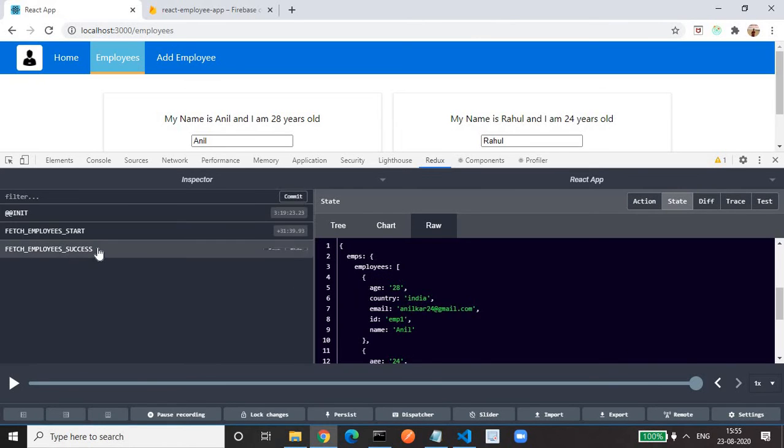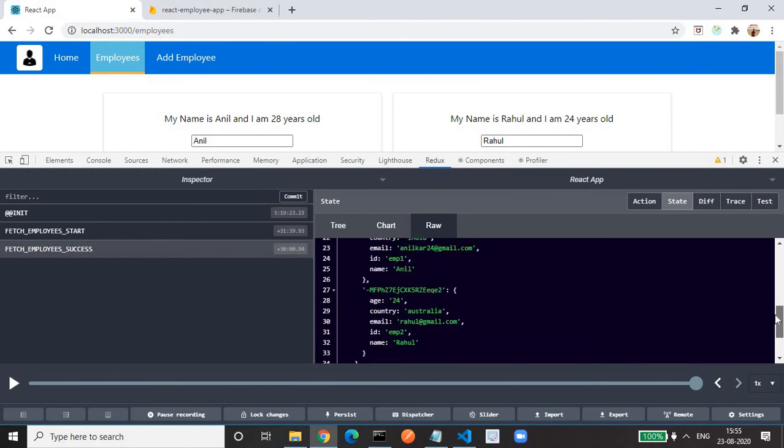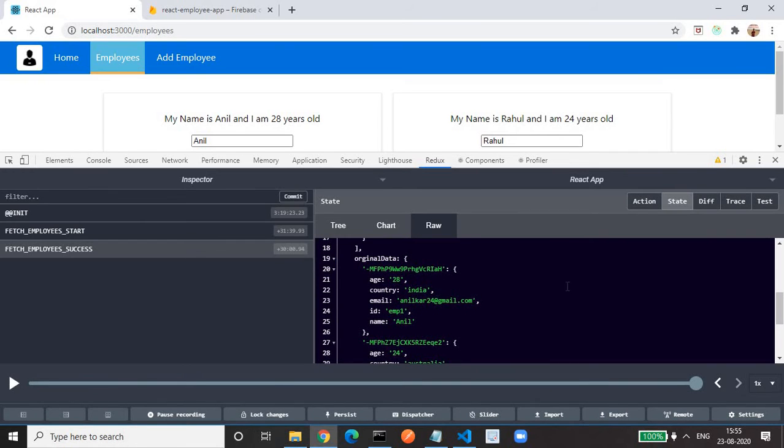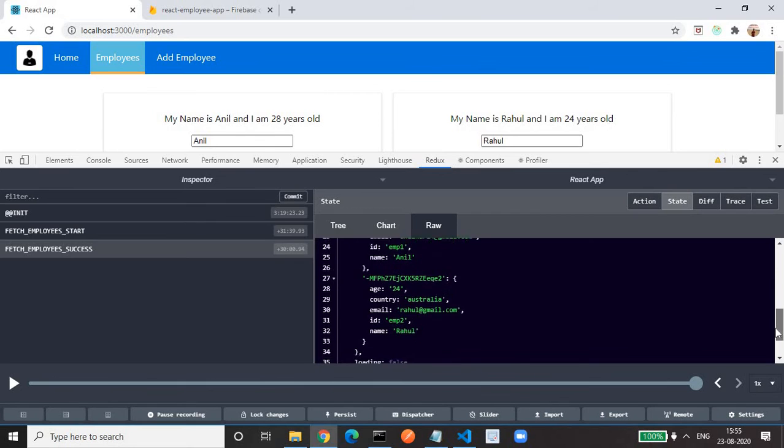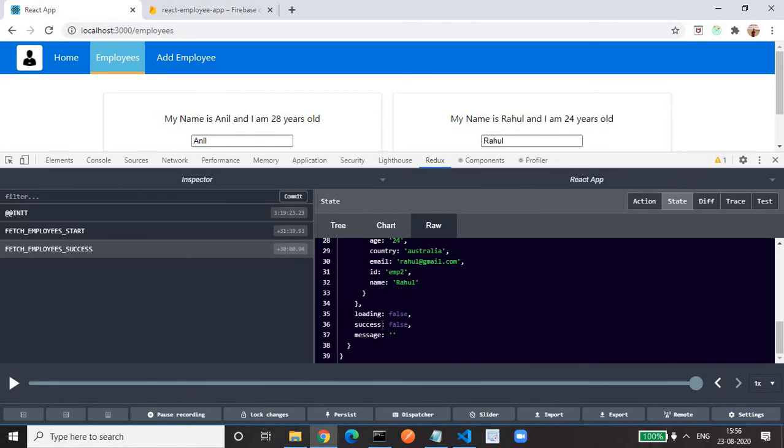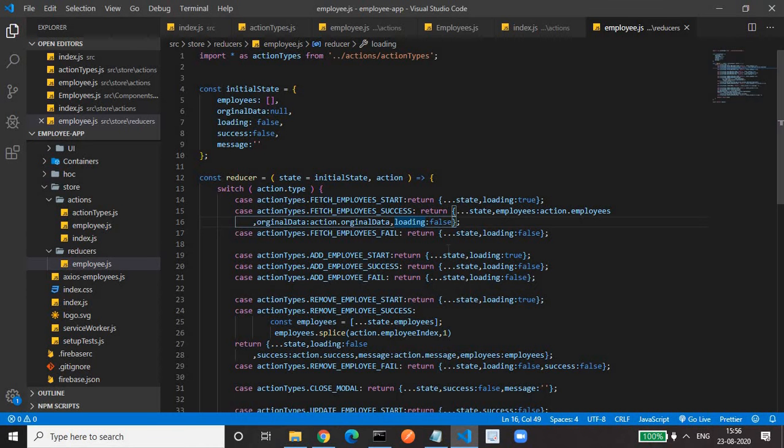If you go to the success, you will see the employees array is populated with the employees fetched from the database. Original data is also populated with key and value pairs. Then you will see loading is false. Earlier it was true. So whatever you want to manipulate or change, you specify here, and you have to return that. Everywhere you have to return that.